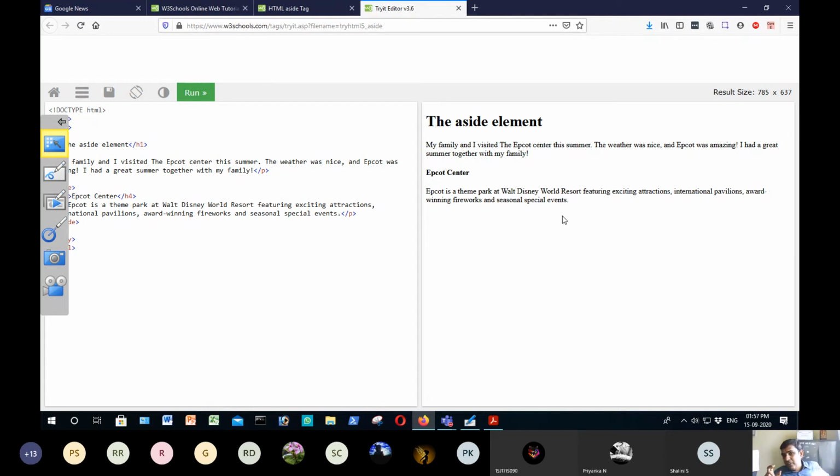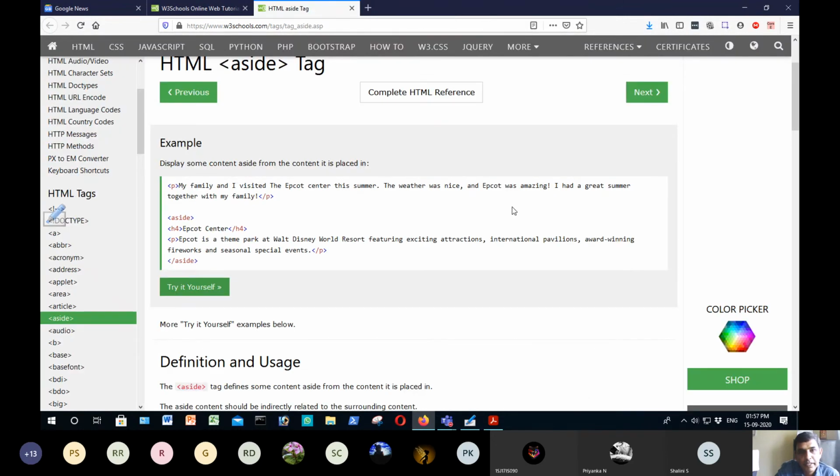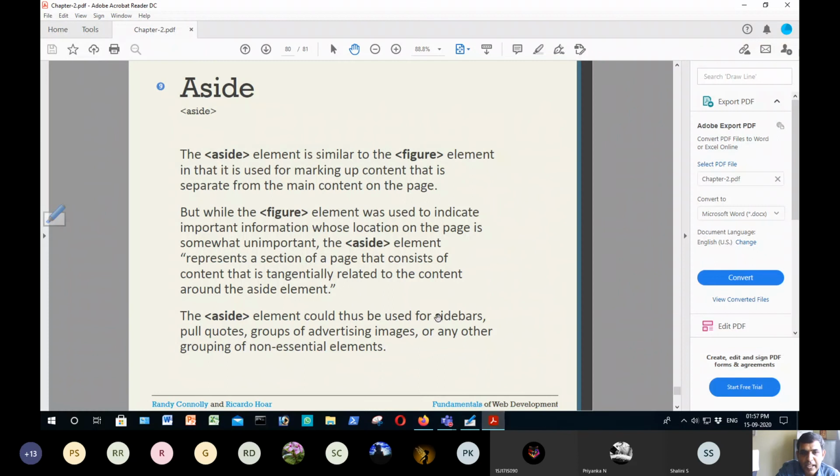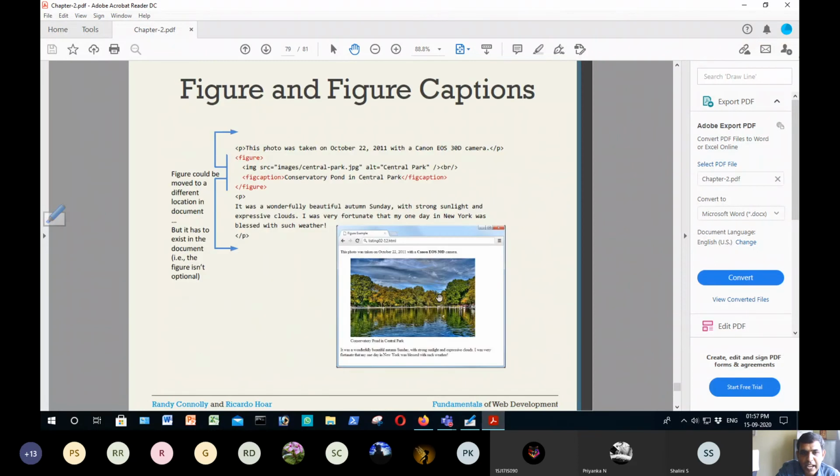Here, related to text, they have used aside. It is possible that I can use an advertisement image within an aside, and I can give the location on the left side or right side. Using CSS, I can specify the location at which part that advertisement should be. But note that it is indicated by the aside tag or aside element that this is not the main document, this is a set aside document.